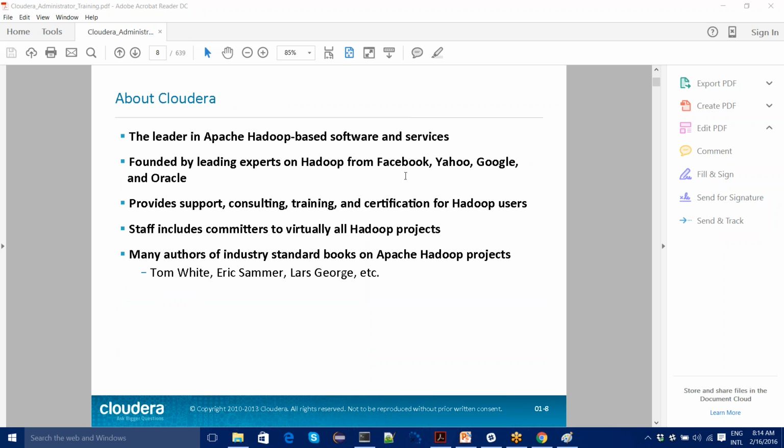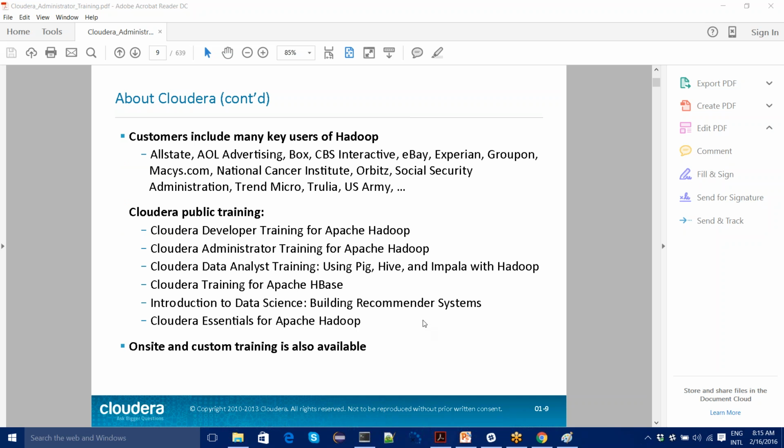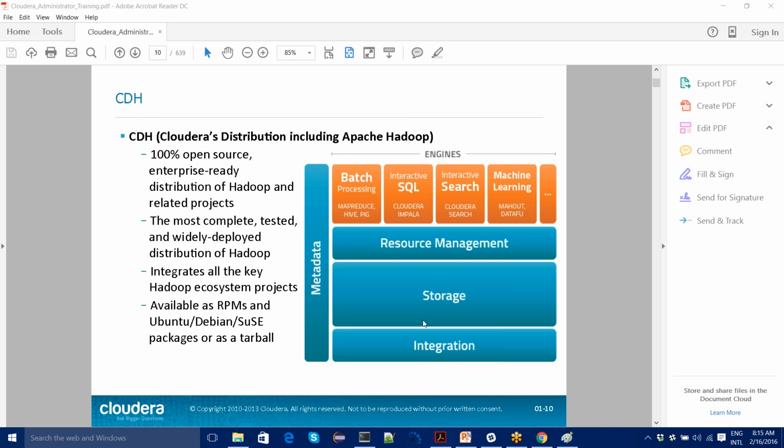Once we conclude these sessions, you can attempt any of the Apache Hadoop Cloudera certifications online, and I will also help you if you attempt certifications as well.